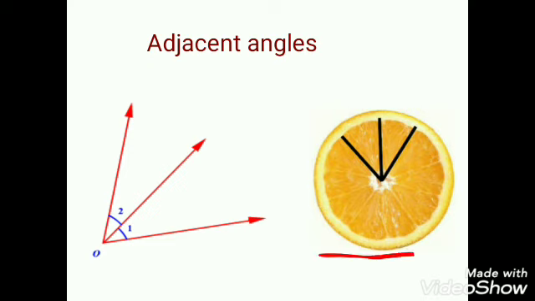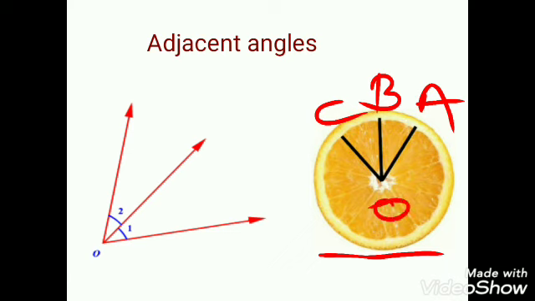A picture of sliced orange with angles marked on it. So listen, this is A, this is B, this one is C, this one is O. So see that carefully. Students, please listen carefully. How many angles are marked on the picture? Can you name them, please? Yes, very good. 3 angles are marked on the picture. What are they? Angle AOC, angle AOB, angle BOC. So 3 angles are there.